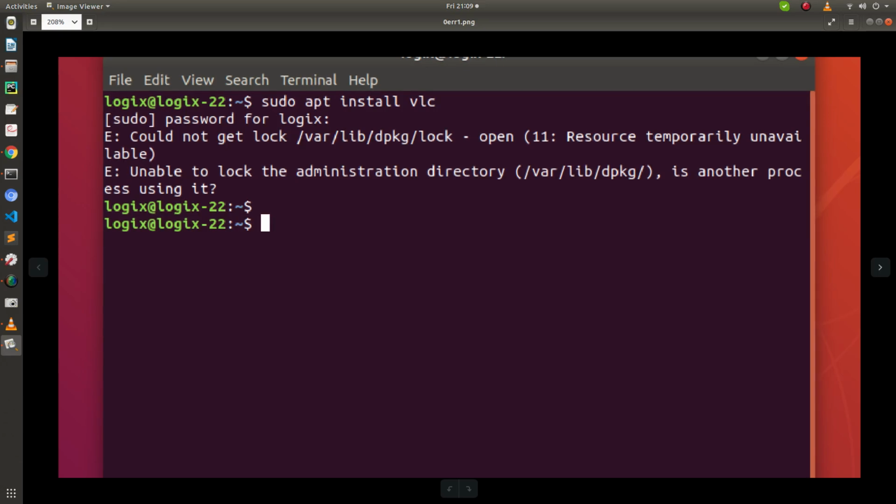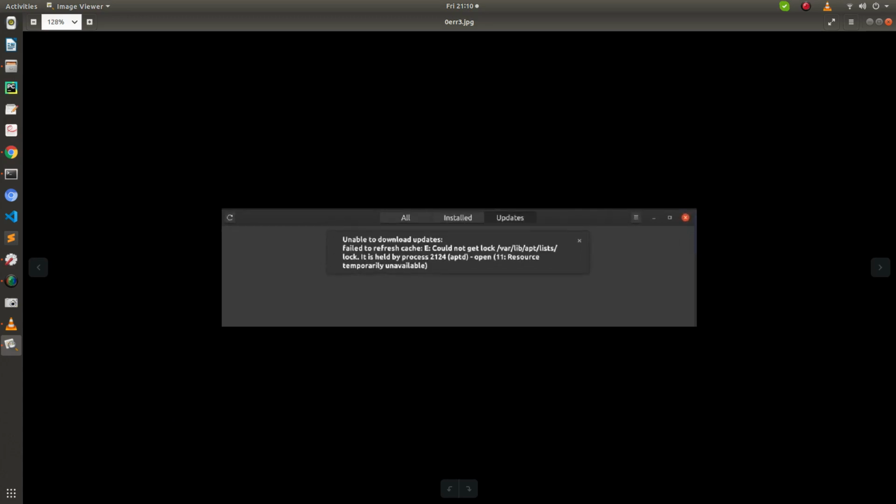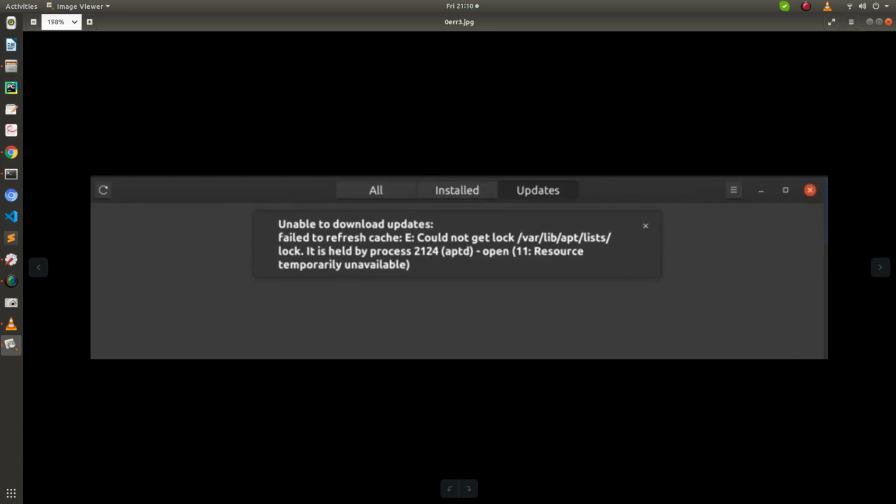The error will be like this, or you can have a problem when you are removing some application from your application manager in your Ubuntu. When you are removing the application, you can face this sort of problem. It will show such kind of messages, and you can have this problem when you are updating your software also. All the statements are kind of similar: this E, then colon, then could not get lock, and so on. It will be similar to this. Maybe in your case it is a bit different, or it has some other process ID here.